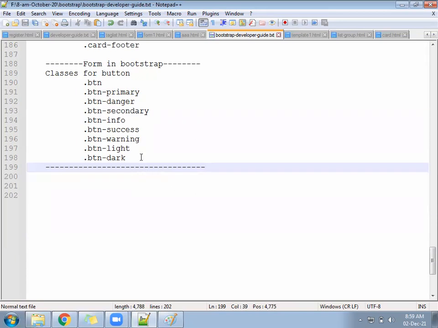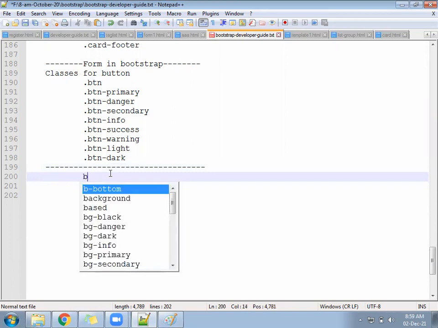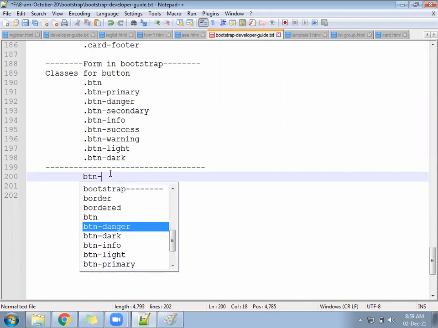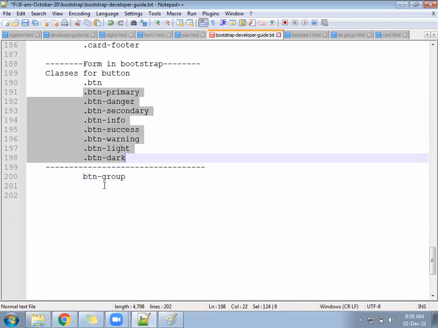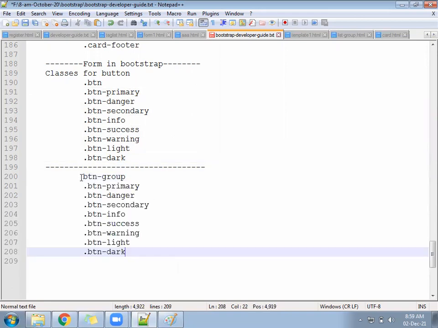We can add here a button group, a class called btn-group, and all this you can copy and keep here, and you can write the class called btn-outline-primary. Outline will come in that with a border.